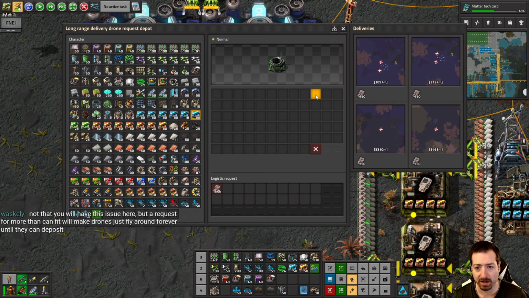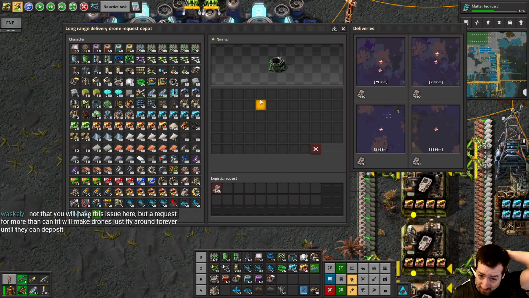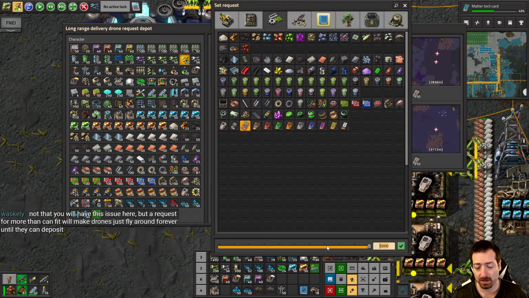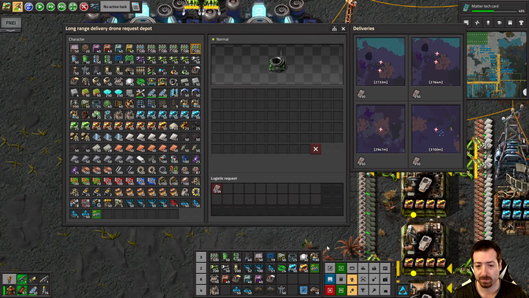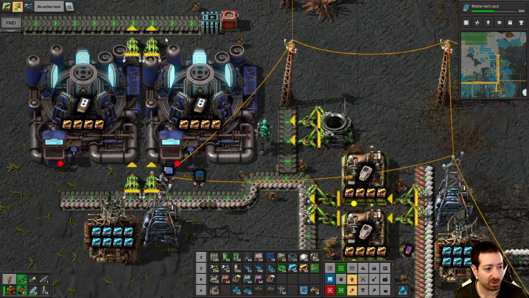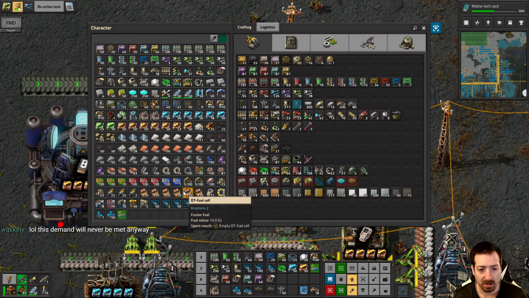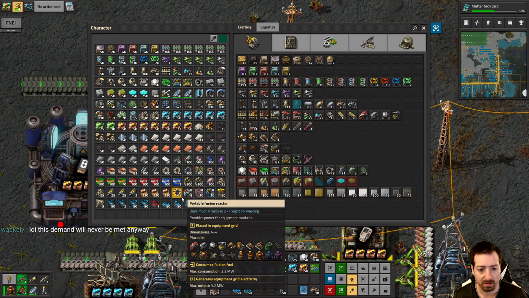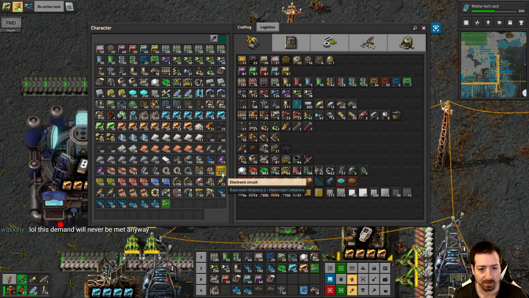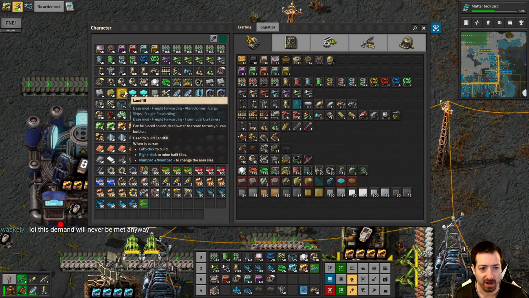A request for more than they can fit. Yeah, I had wondered about that. 250. So I should probably make it more like, what, 2,500 will fit? 50 stacks. Good point. Good point. I feel like I have stuff that I shouldn't have, but then the bots keep giving it back to me, so...